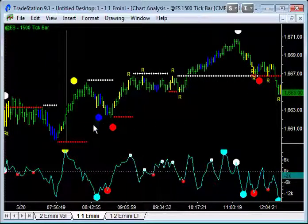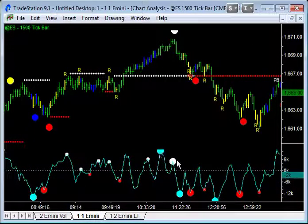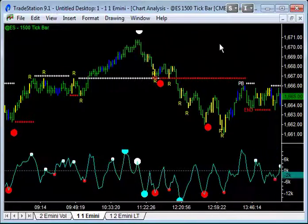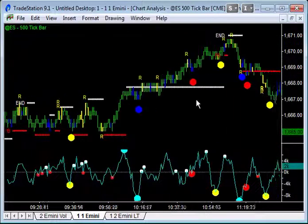So this is too early. That amount of selling has given us some juice to kind of go the other way, and it's not until we see the exhaustion buying and the bearish divergence that's when we get the reversal pattern here. So that reversal was right on the top, really nice. On the 500 tip bar chart, it was